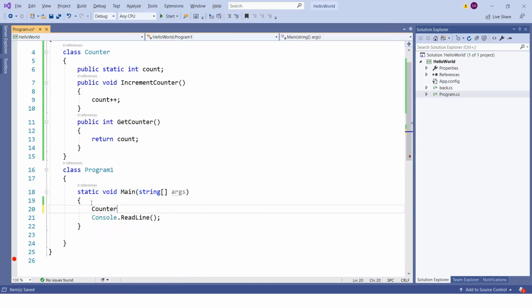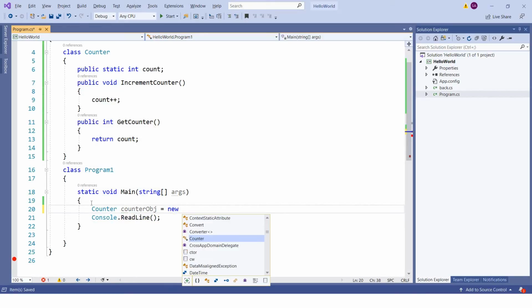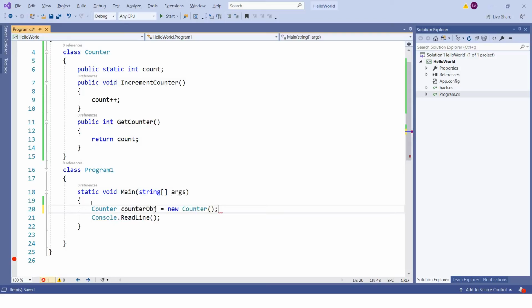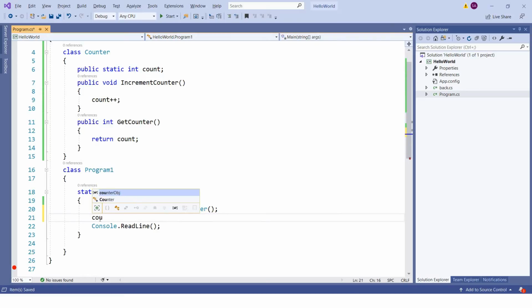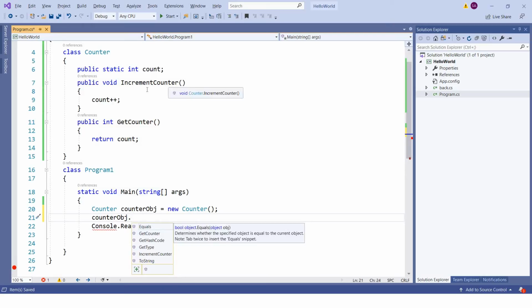Let's create one object, counterObj equals new Counter. Now I want to initialize this count variable. So counterObj dot, you can see that the IncrementCounter function is available, GetCounter function is available, but count is not available, even though it's public.